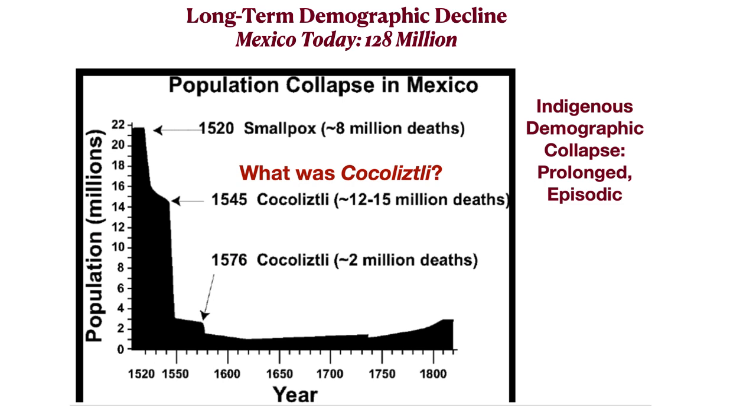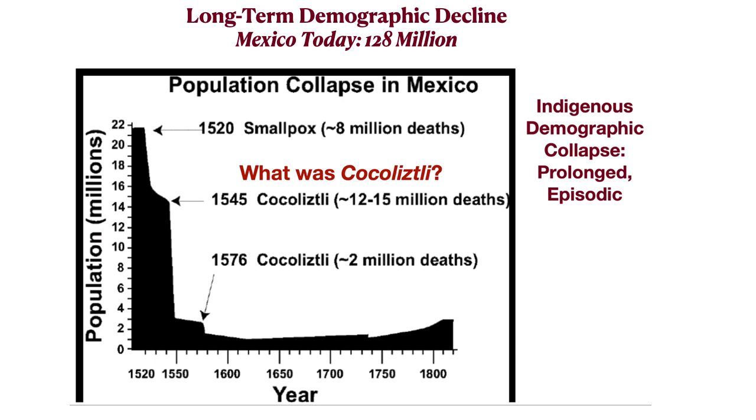The one in 1545, you can see it's most of the population disappearing in the span of a couple of years. Cocoliztli is the term that the Nahua chroniclers, Nahua being the language of the Aztecs, use to refer to this disease in their own language. It was long thought to have been measles. Measles is a very contagious disease. European populations had developed partial resistance to it, although not entire resistance. But the thought was that, just as in the case of smallpox, there was no resistance to these diseases among the indigenous populations because they had never been exposed to them. These diseases came to the Americas with the Spaniards. And so it's thought that measles could have done this.